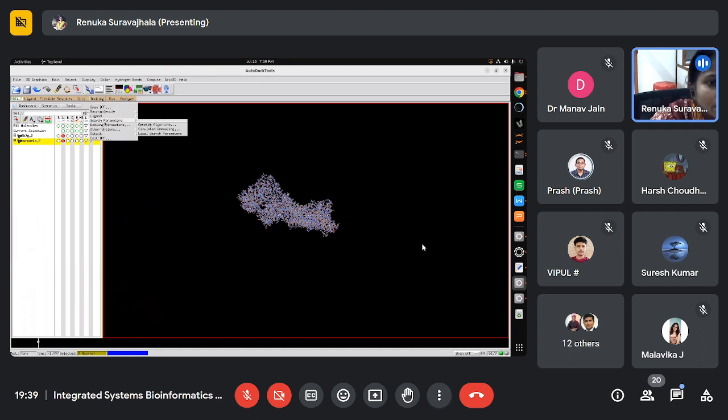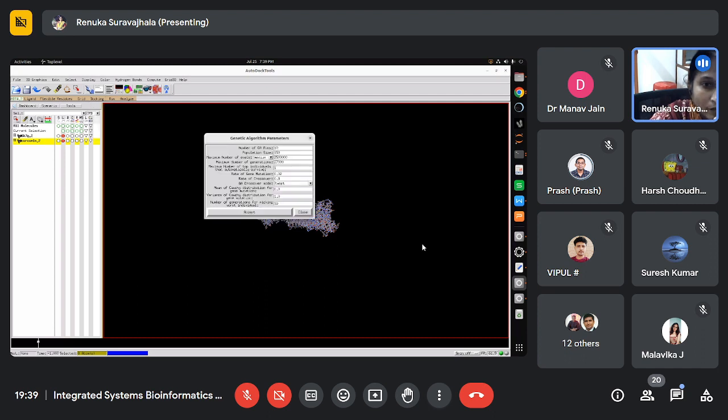So once it is done, then we will go for the search, genetic algorithm. Here you have the GA runs. These are the poses, which are standard. It will give us 10 runs, but we can go for 25 runs here. So here you can change the parameters. You can give 25 runs, and the rest of the things you don't need to change much here